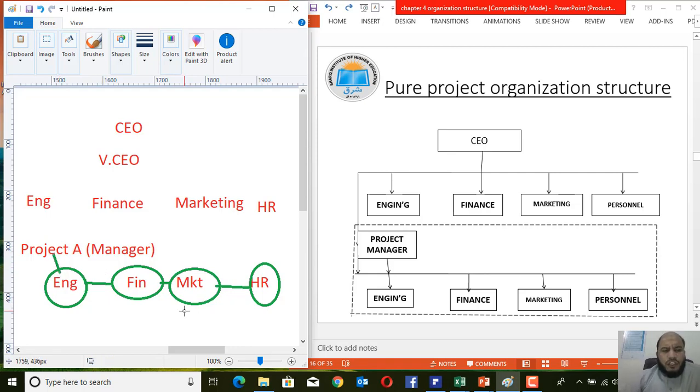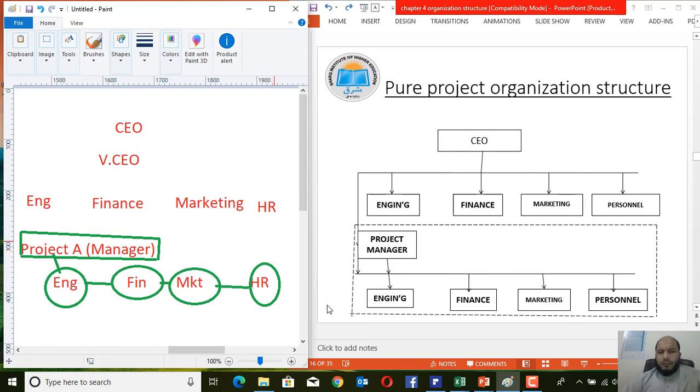So this type of structure means this whole project is run through this person and this team. The group of people are responsible to this person. So this person has full authority upon the project and he may use the resources of the project to achieve the project goals. This is what we may say is the projectized structure, or the pure project organizational structure.